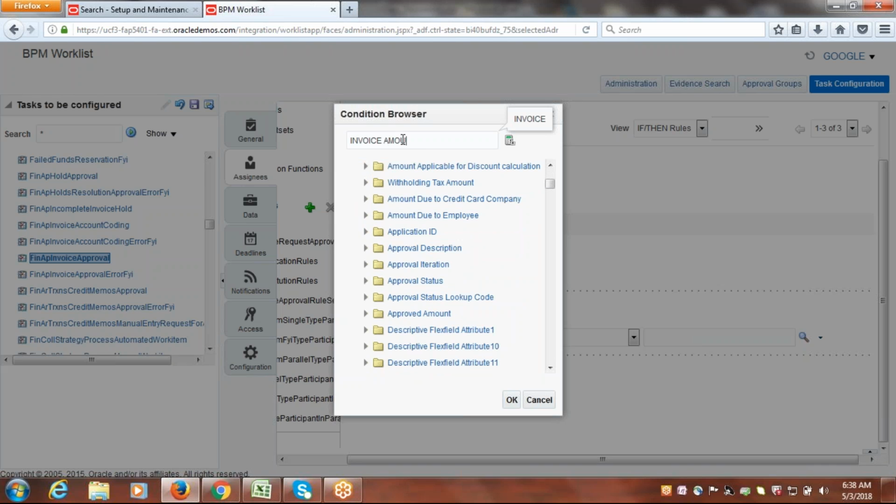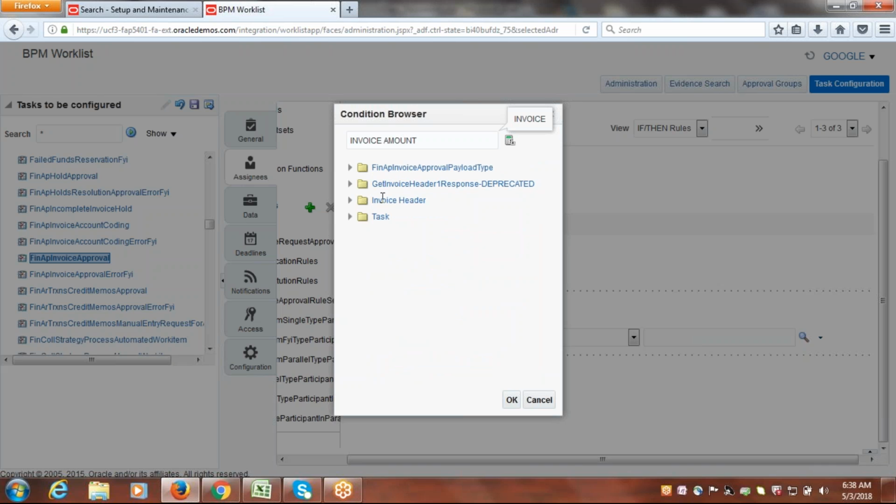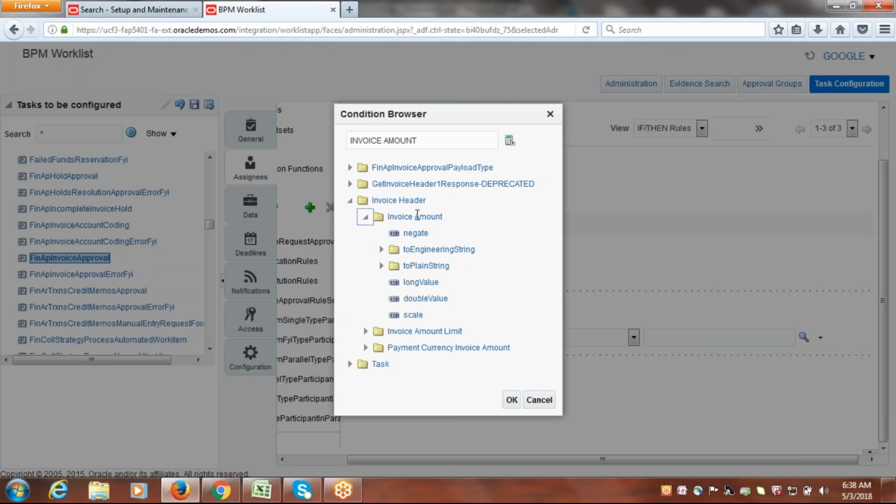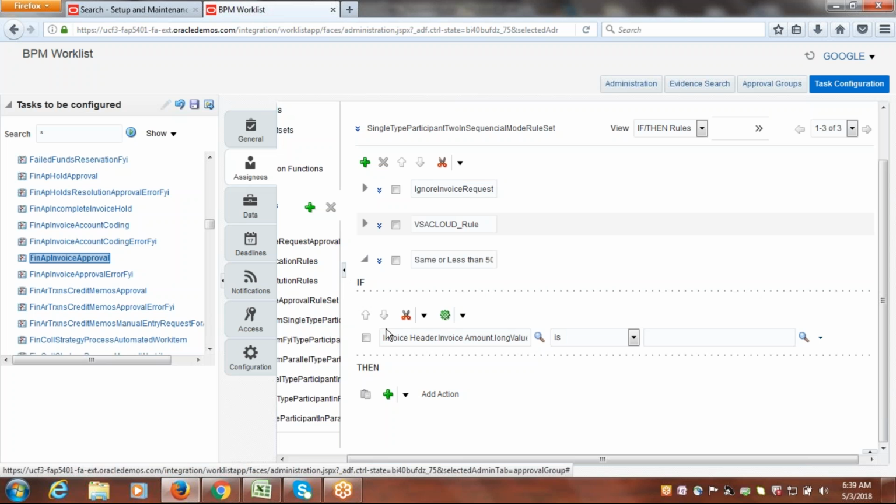When you search for invoice amount, it should filter. Okay, directly you can select this invoice amount. What Oracle recommends is that the amount is going to be the value, so you can just select long value. Select long value expression if you are dealing with amount as a parameter in the approvals rule definition. Select long value and say okay. That means now we just selected if invoice amount is